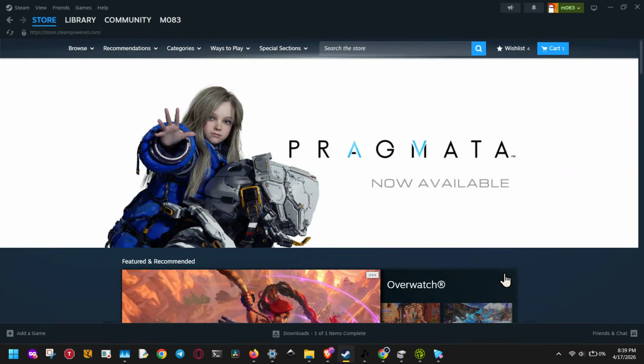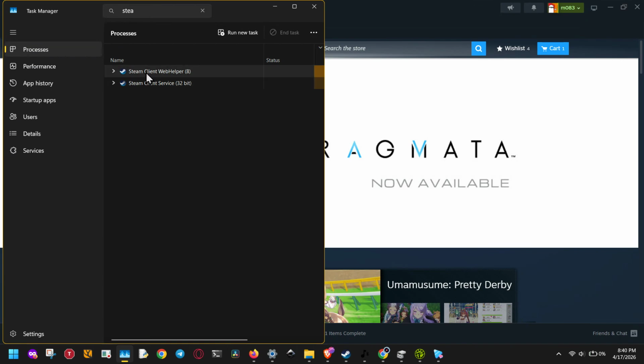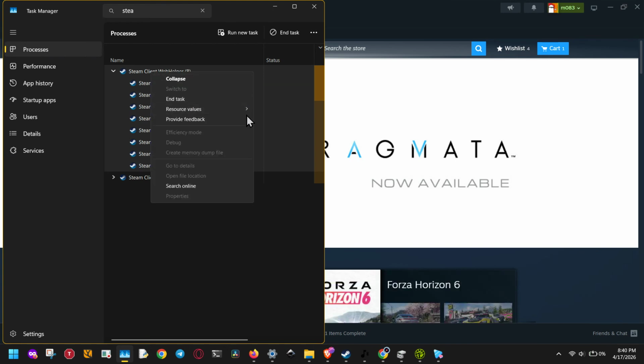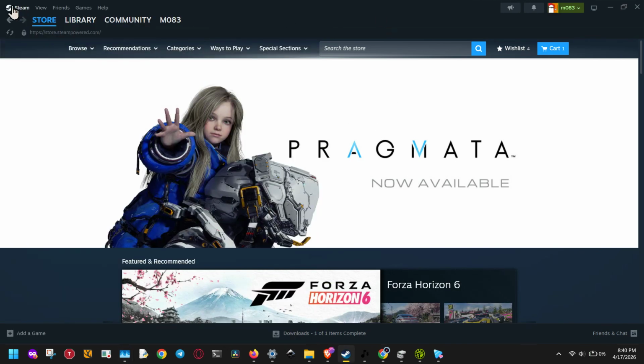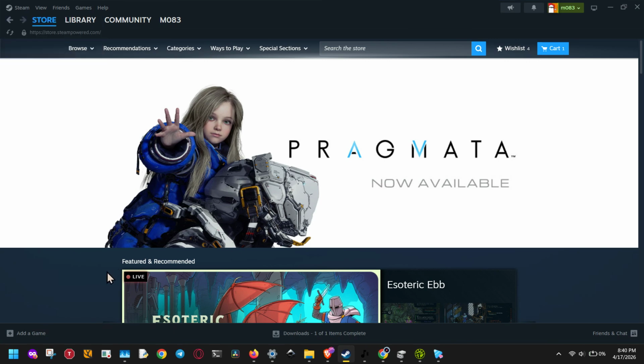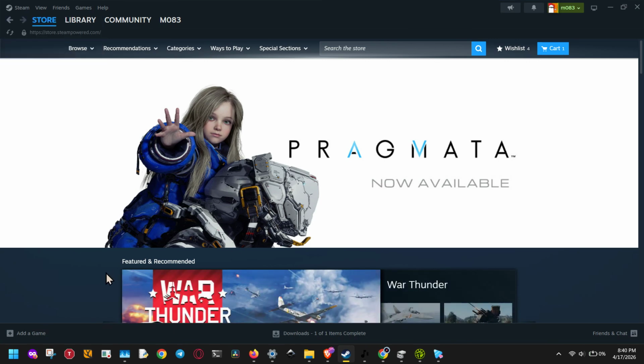great first step. If that doesn't solve it, the next thing to try is restarting the Steam client. Sometimes the Steam API service can hang or get stuck in a bad state, especially after a crash, update, or an interrupted launch. To do this, click Steam in the top left corner, then select Exit. Wait a few seconds to make sure the client fully shuts down. After that, open Steam again and try launching the game one more time. This simple restart can refresh the connection between Steam and the game, and in many cases, that's enough to fix